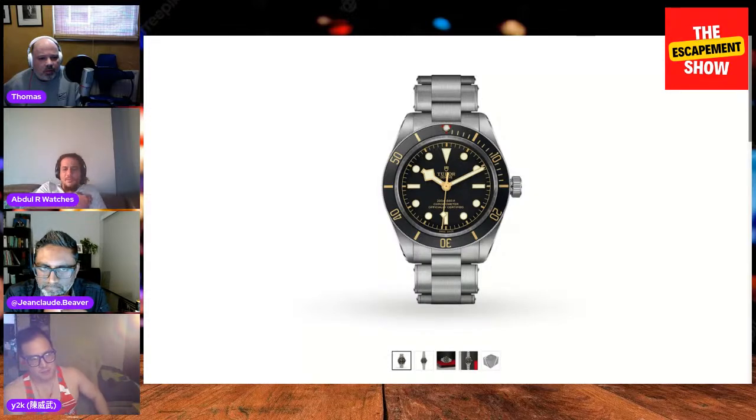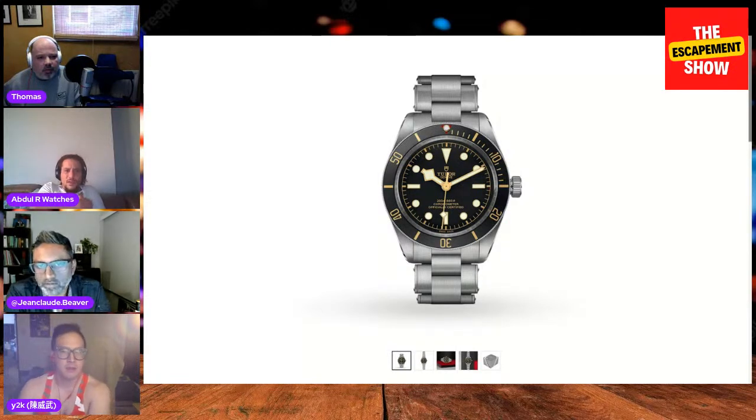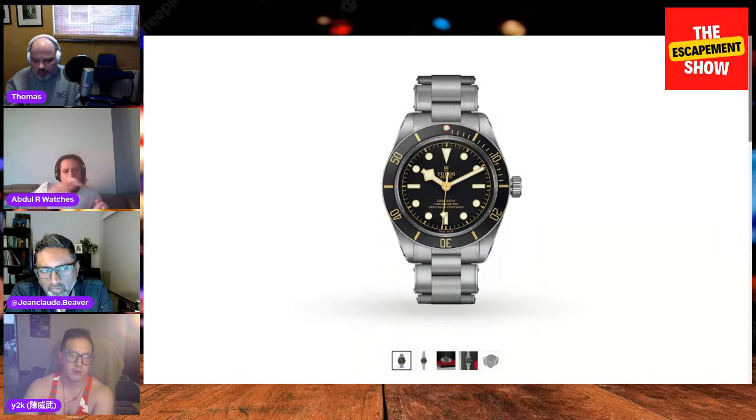I had the Black Bay 41, but I had the ETA, the smiley one with the red dial, the 2013 first one, which I think is the start of this iconic bringing back of the design of the Submariner of the 50s, the first Submariner. And to be honest, I like the size of this one more, but I like my previous Black Bay